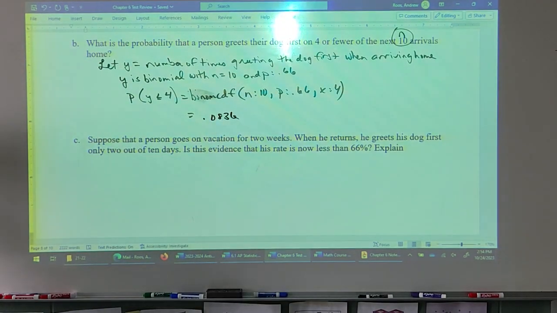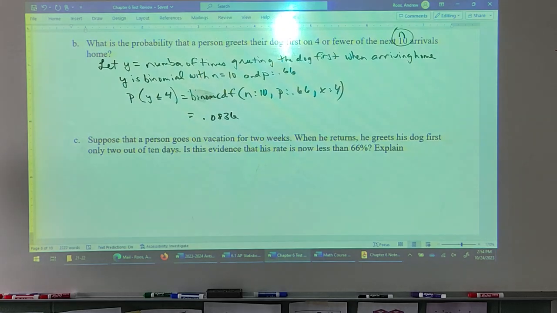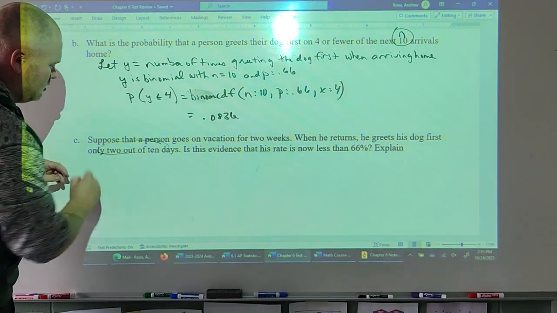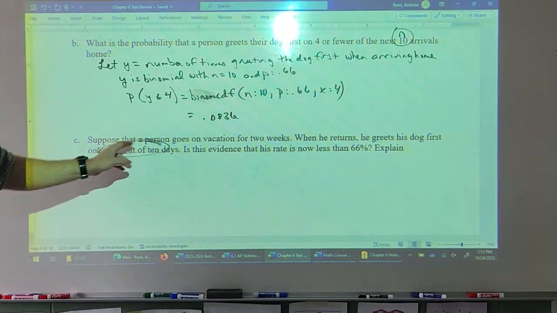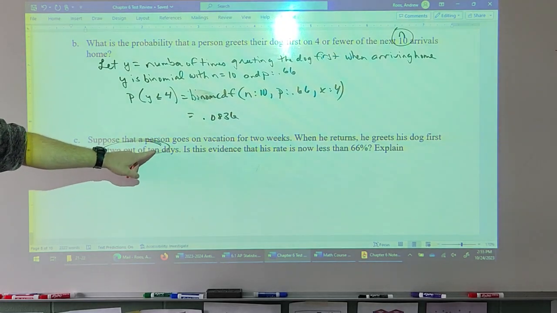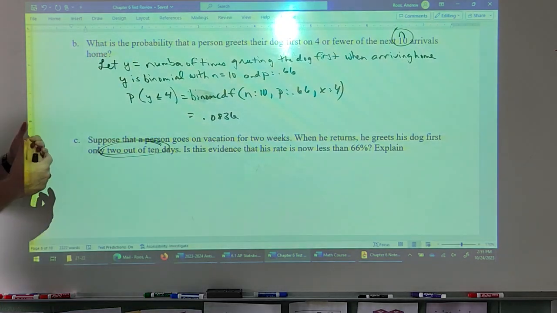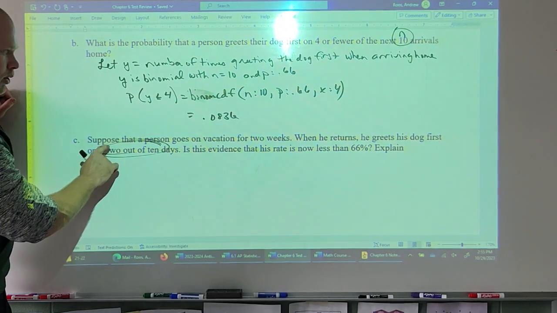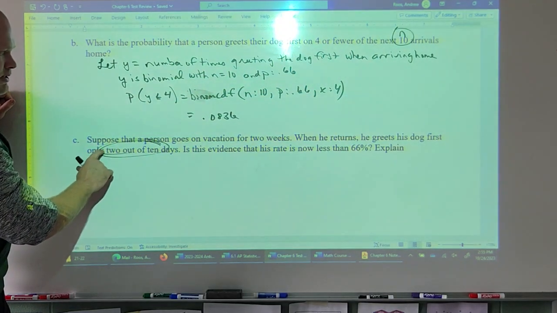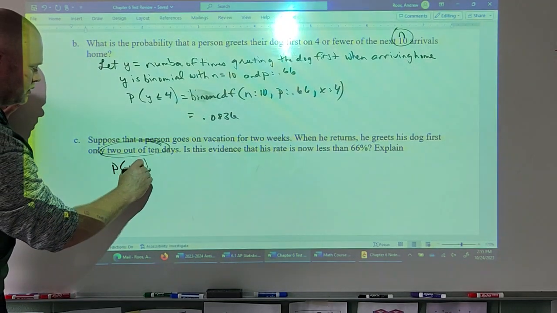Suppose that person goes on vacation for 2 weeks. When he returns, he greets his dog first only 2 of the next 10 days. Is this evidence that his rate is now less than 66%? Okay, so 2 of the next 10. So this is still a binomial situation because we have a set trial size. Okay, so we don't have to redefine y. We can just move on to finding the probability. So only 2 of the next 10 days. So probability that y equals 2